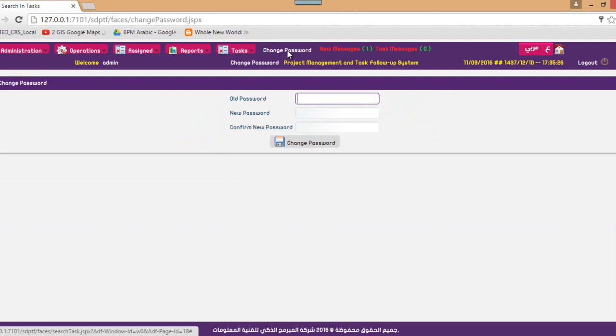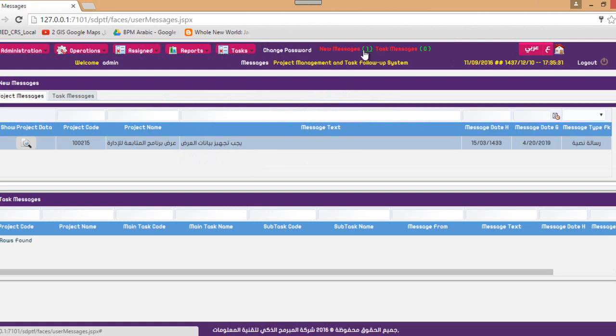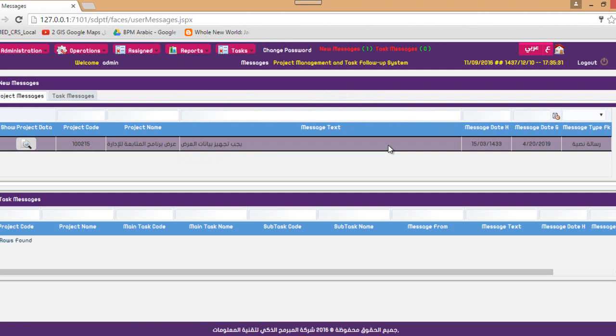We have the normal screen if you need to change your password, and in case there are messages sent, the number of messages is going to be shown here, and here you can see the message. Of course, the message is sent through the system along with an email and SMS as well. Of course, the system is bilingual as well. And as you can see, it's really very useful, very easy to use,